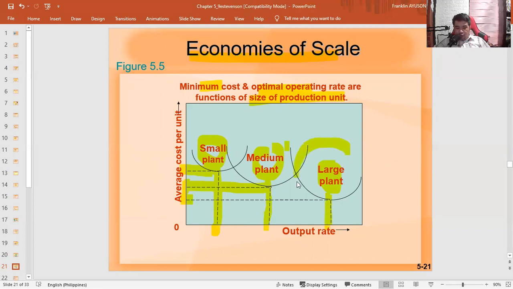So you might as well consider this. Again, these are hypothetical examples, if and when the operation will give you what level of output at a certain level of average cost. At the end of the day, the average cost is important because that is what comes out as your investment per unit. That's your average cost per unit. So the lower your average cost, the better for the organization.